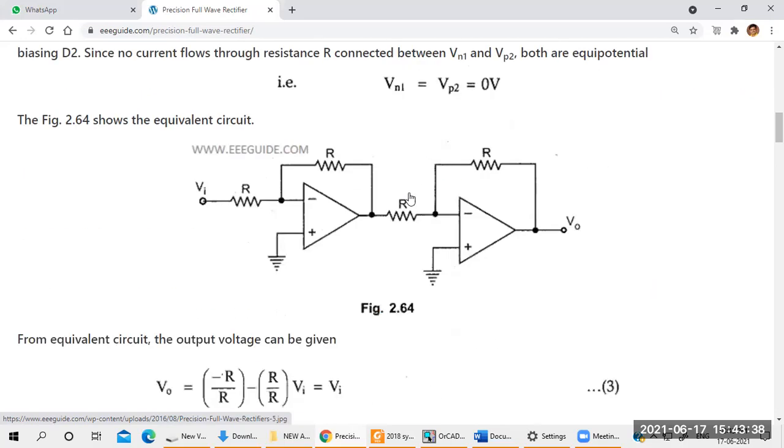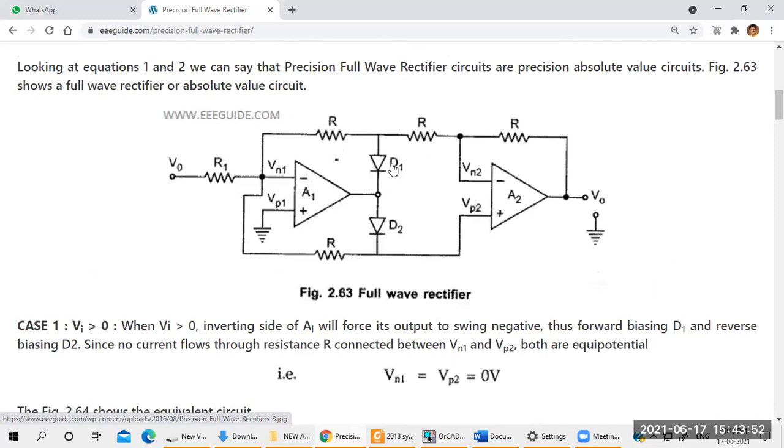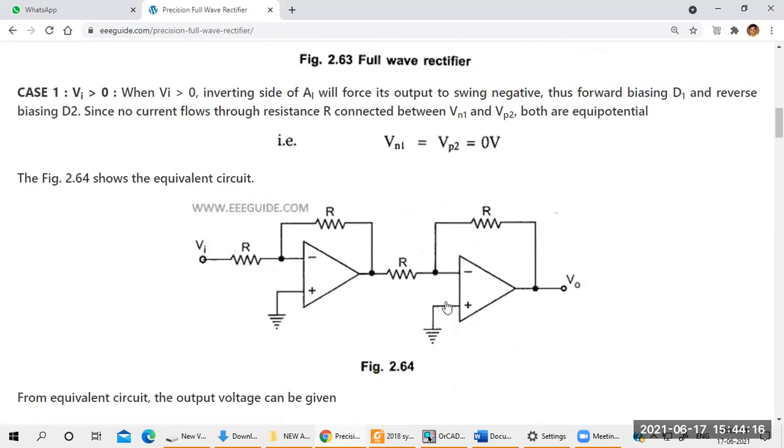The same equivalent circuit is written here. When D1 is in on condition, it acts as a closed circuit. There is a feedback from the output to the input through this R resistance here. Because D1 is a closed circuit and D2 is an open circuit, you'll get zero voltage from here to here through this resistance. For this diode, zero voltage. Also the positive of A2 is now zero voltage. So you have to neglect the circuit here. Wherever zero voltage is there, you have to remove the elements here. So for that, you can write this equation.